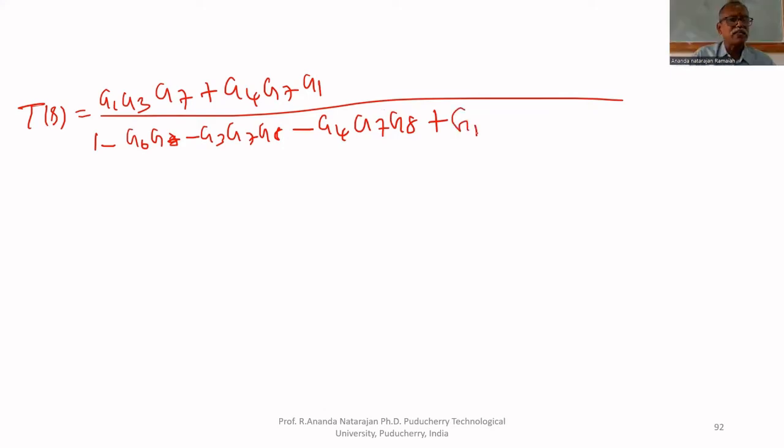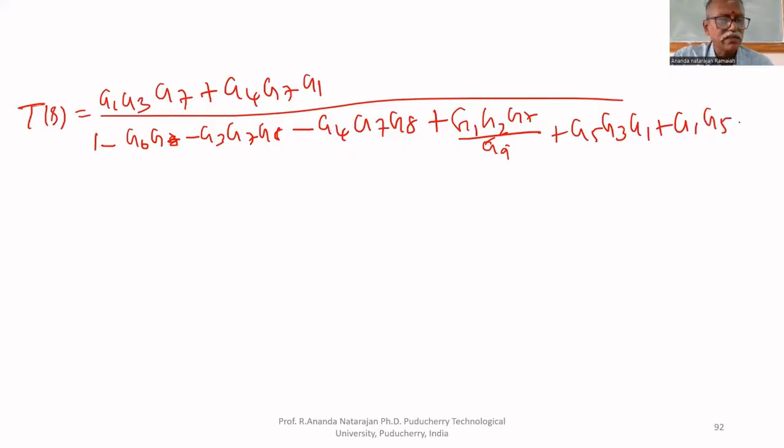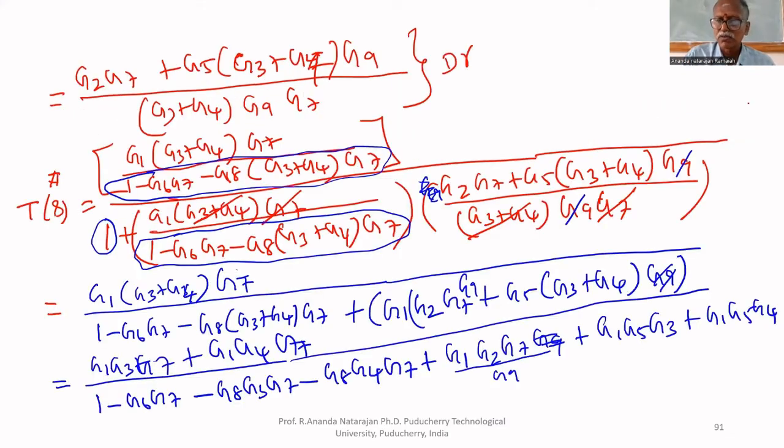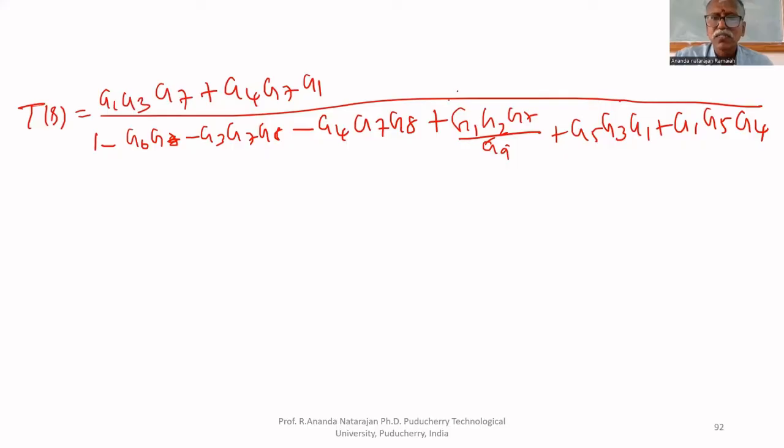I am going to substitute for G9. G9 equal to G7, G2, G7 upon, we'll write in one step here. Otherwise, G5, G3, G1 plus G1, G5, G4. That is what we wrote here: G1, G5, G3, G1, G5, G4. Here G9. So this part, instead of G9,